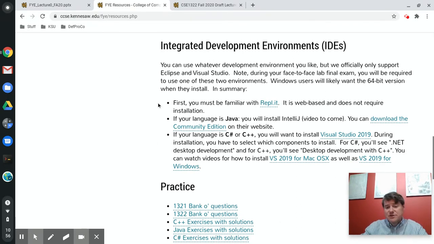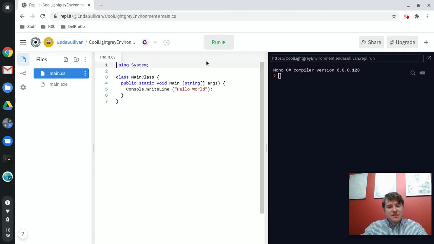As far as IDEs are concerned, if you haven't tripped over Replit, it's a really cool little online site. This is it here. When you come to Replit, you have to sign up for an account. It is free. Once you're signed up, it basically gives you a window where you can type code and then a run button where it automatically compiles it and shows you the output. It supports C, C#, Java, C++, and 50 other languages. It's really cool. It's really simple. It's really easy to use. You don't have to install anything.